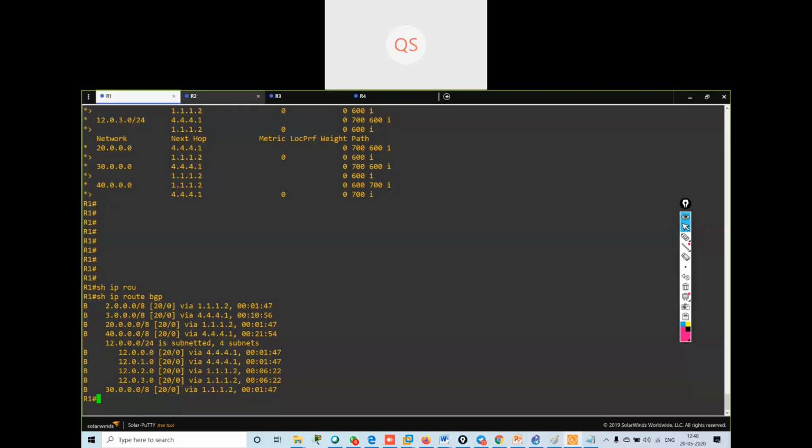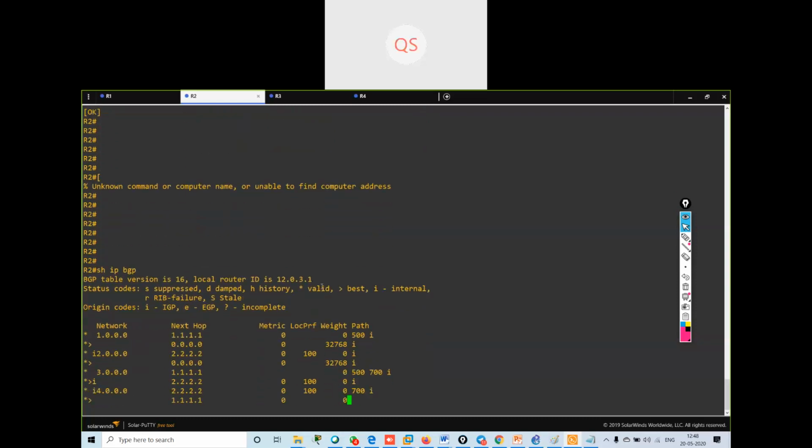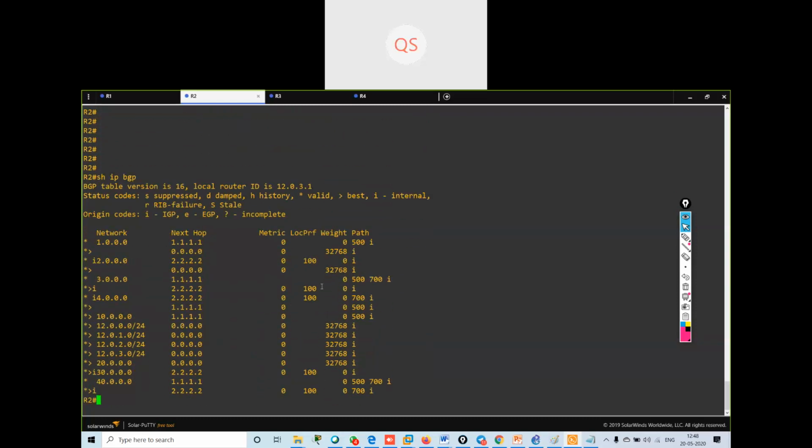If I go on R2 and see show IP BGP, see the output over here, the 12 dot network. I cannot see this here. Usually I would have more than two exit paths.